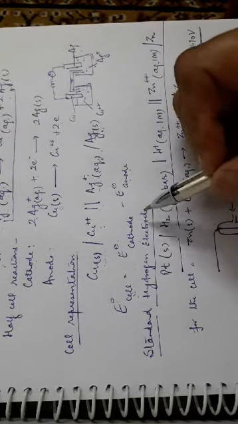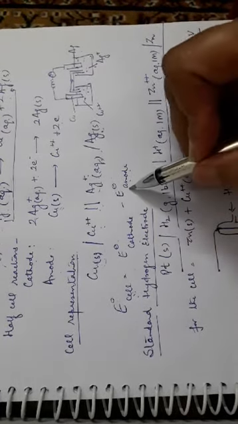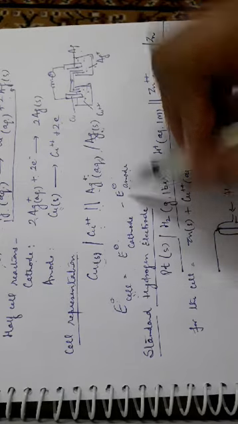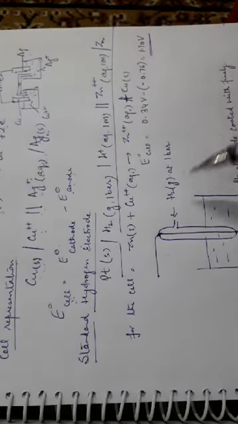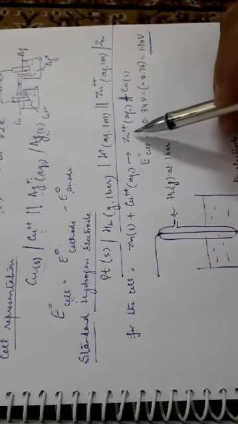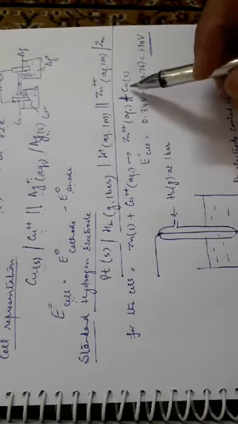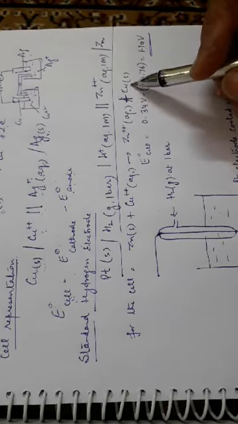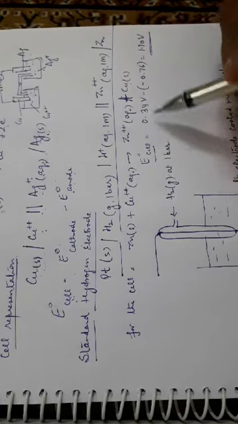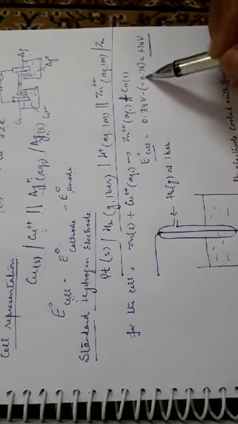The question arises now. These values are already written in the literature. We can get the values directly from the literature. As we know, in the case of zinc and copper electrode combinations, the zinc ions and the copper solid and the copper ions electrodes, the values are already given. E naught cell can be calculated. What will it be? It will be E naught cathode minus E naught anode.